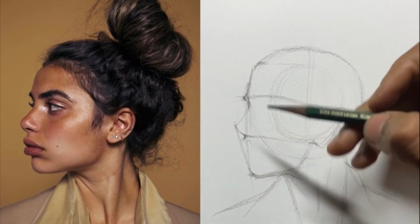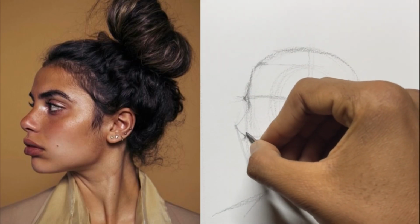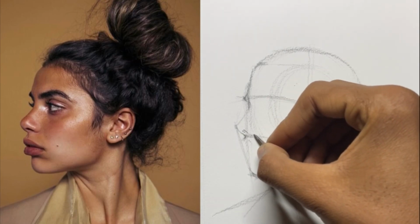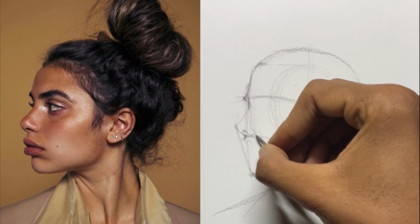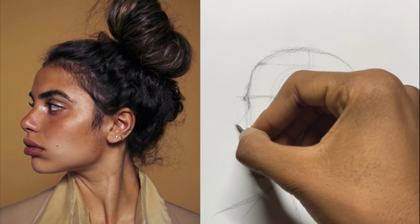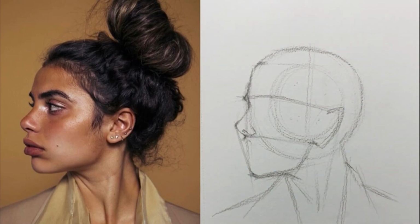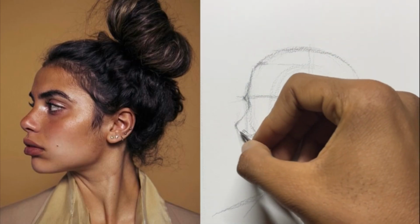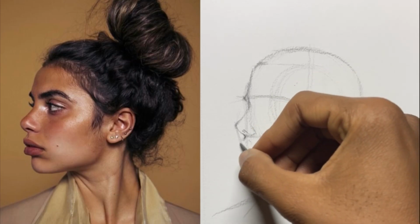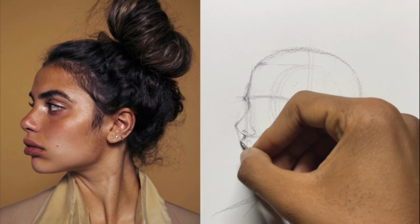Okay, so I'm gonna come here. I'm gonna draw some details around the nose, like the nostril. The aim here is not to be very truthful to the reference photo, but as long as it looks a little bit like her, then it's okay. You start understanding the basics. Okay, so the mouth,